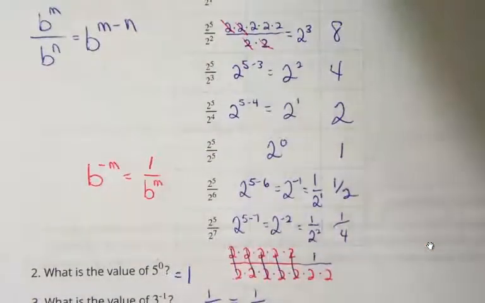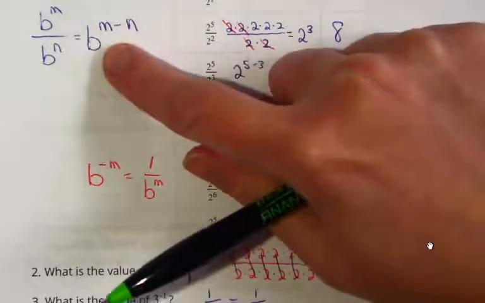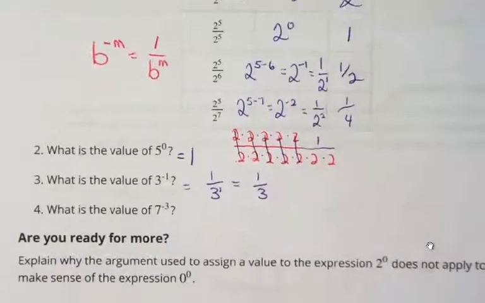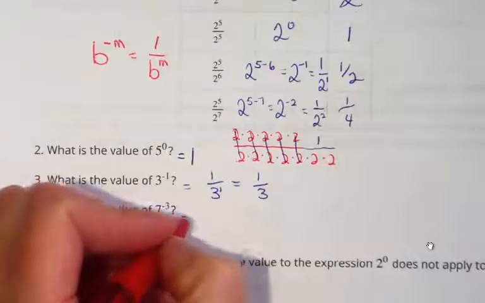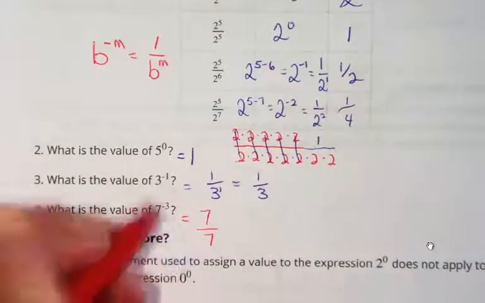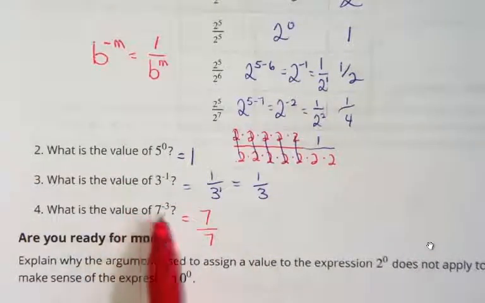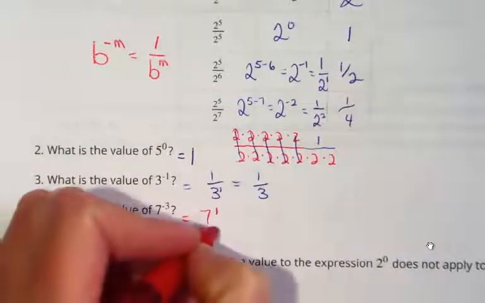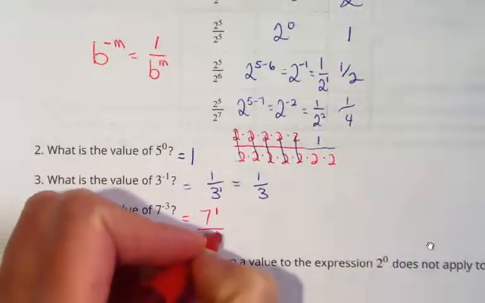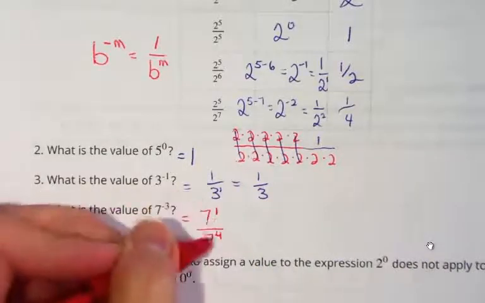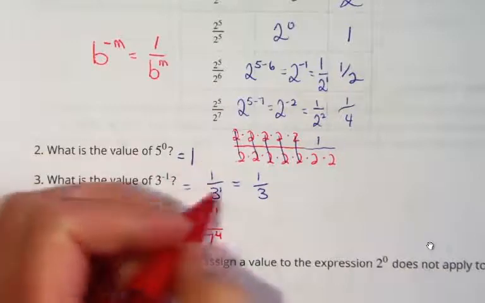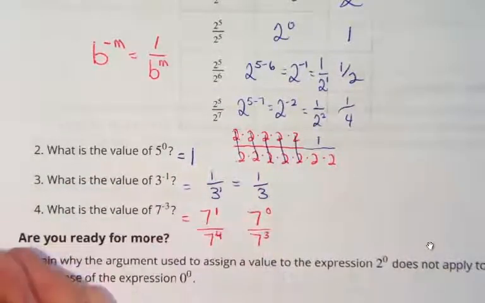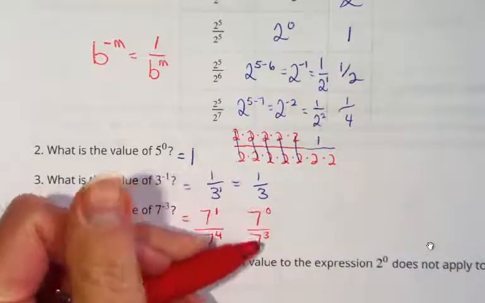So if I'm thinking about what I could subtract, I could take this idea, if I need to get to a negative number, like this next one, 7 to the negative 3rd, and I could write something like 2 exponents that, when I subtracted them, would end with a negative 3. So if I had something like 1 here, and the 4th power down here, those would subtract. 1 minus 4 is negative 3. Or I could write even a simpler one, 7 to the 0 over 7 to the 3rd. That would be 0 minus 3,